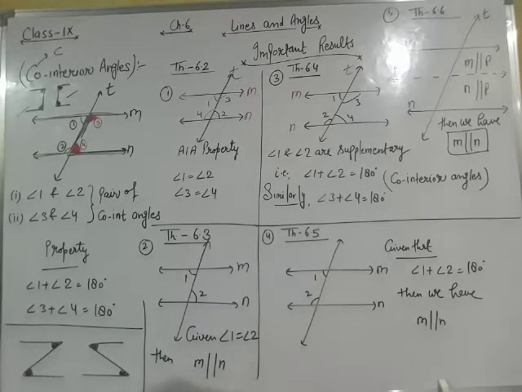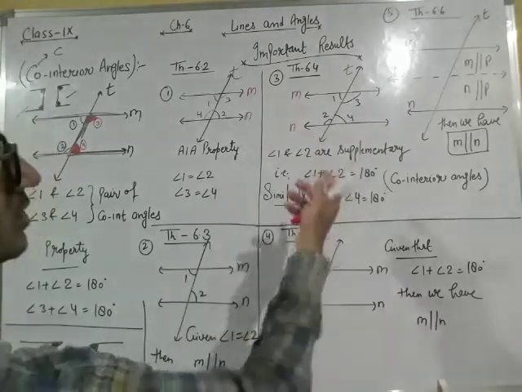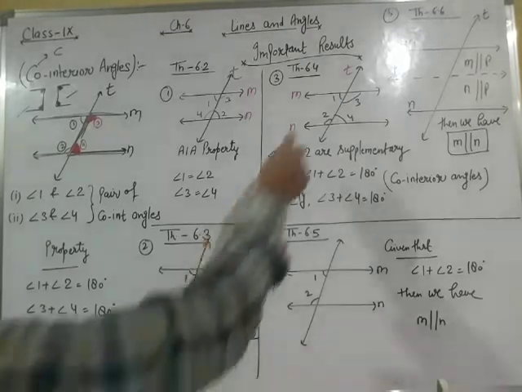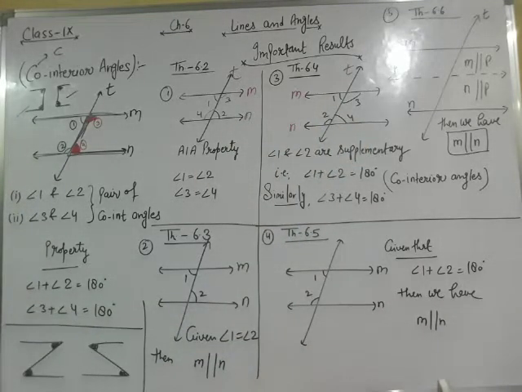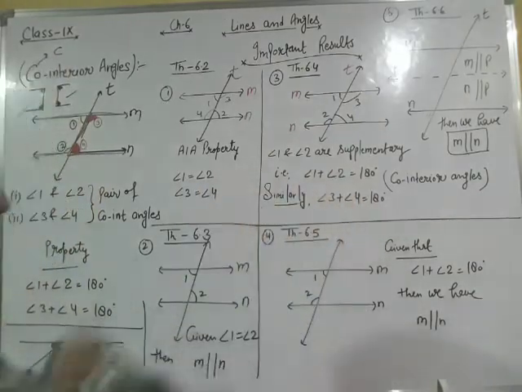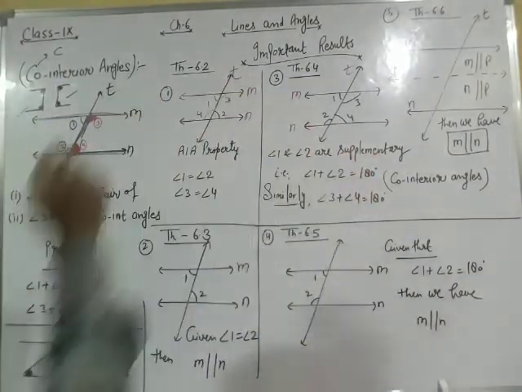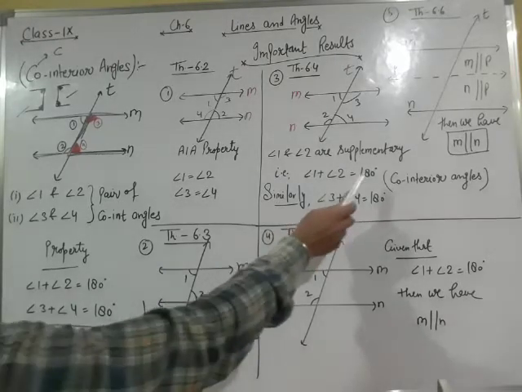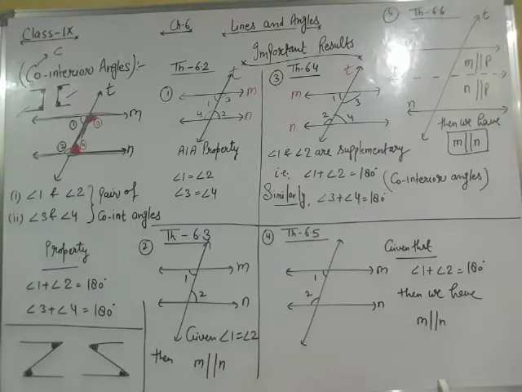So then each pair of interior angles on the same side, meaning on the left hand side or on the right hand side, is supplementary. Supplementary means the sum of the angles will be equal to 180 degrees. Here on the same side of the transversal and in the interior part there are 2 angles 1 and 2, and on the right hand side there are 2 angles 3 and 4. According to the theorem, these angles are supplementary. Supplementary means the sum of the angles is equal to 180 degrees, and this is the property of co-interior angles